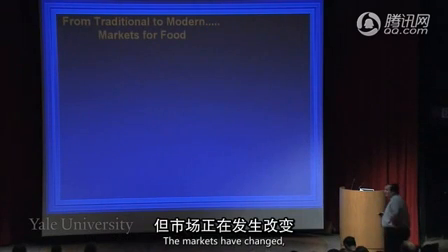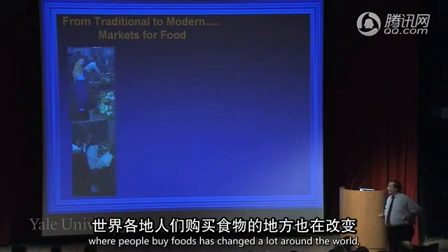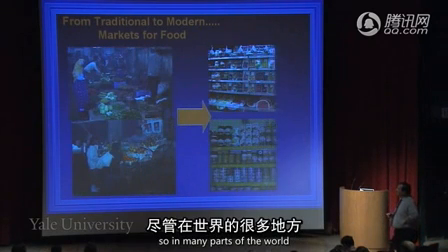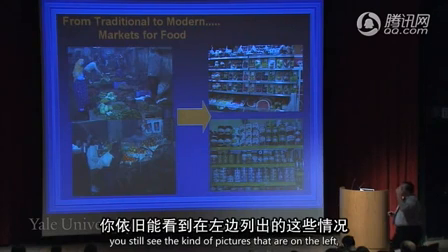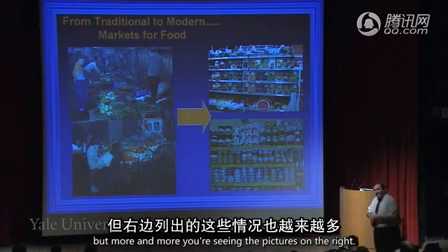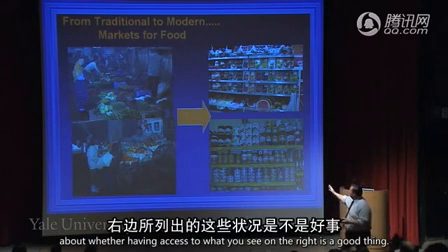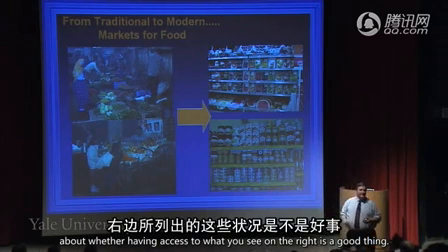The markets have changed. Where people buy foods has changed a lot around the world. So in many parts of the world, you still see the kind of pictures that are on the left, but more and more you're seeing the pictures on the right. Now, it's a very interesting issue about whether having access to what you see on the right is a good